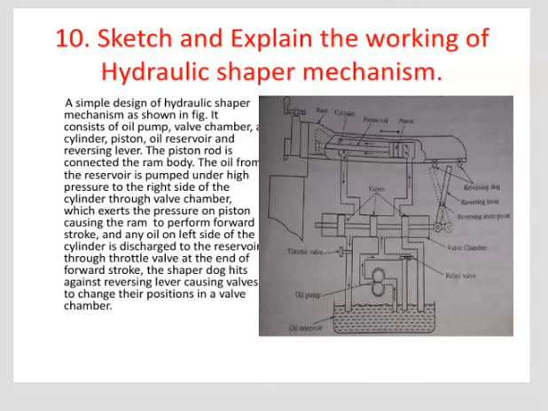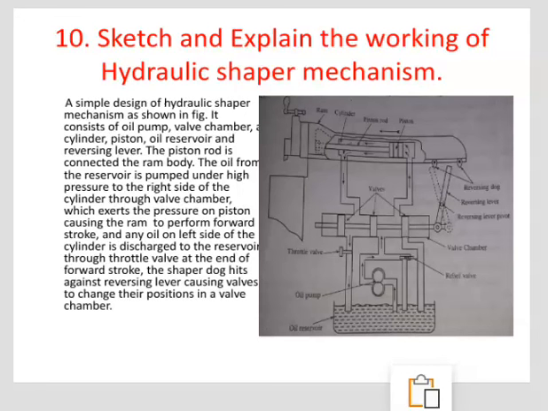The next is sketch and explain the working of hydraulic shaper mechanism. A simple design of hydraulic shaper mechanism is shown in the figure. It consists of an oil pump, valve chamber, a cylinder, piston, oil reservoir and reversing lever. The piston rod is connected to the ram body. The oil from the reservoir is pumped under high pressure to the right side of the cylinder through the valve chamber, which exerts pressure on the piston, causing the ram to perform